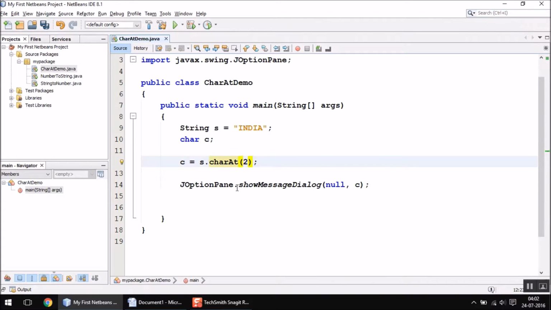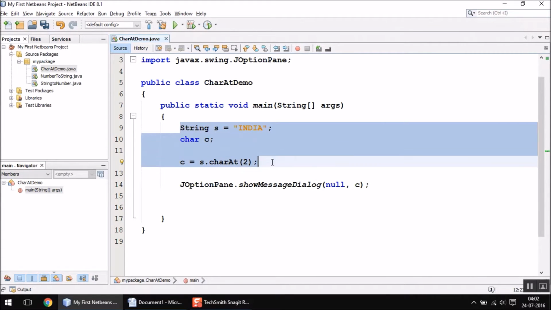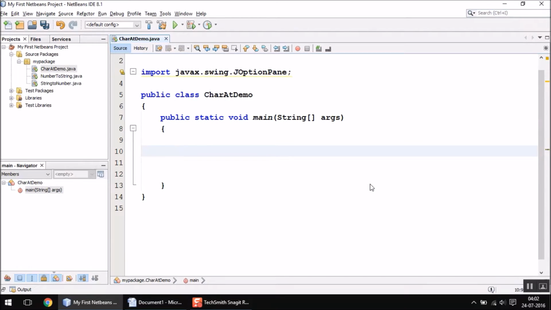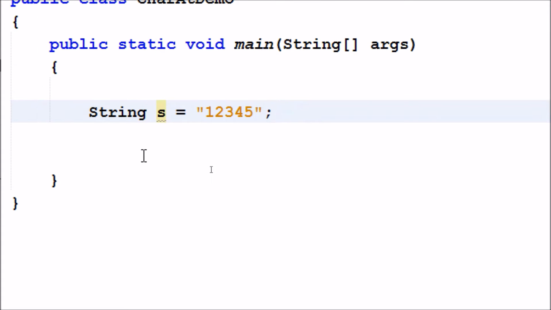Now there is one more interesting thing that you can do with the charAt function. Let me delete everything, and what I'm going to do is store a number, for example 12345, but it is stored as a string, remember that.